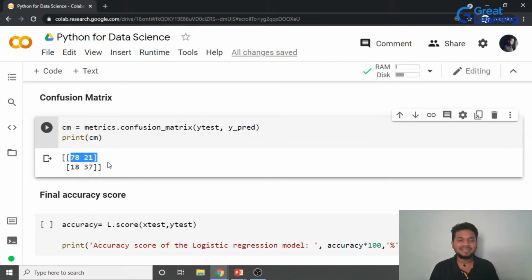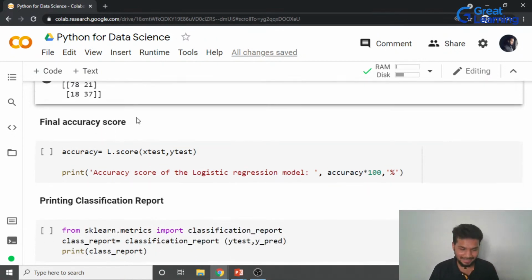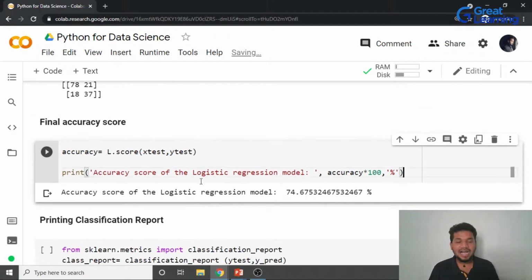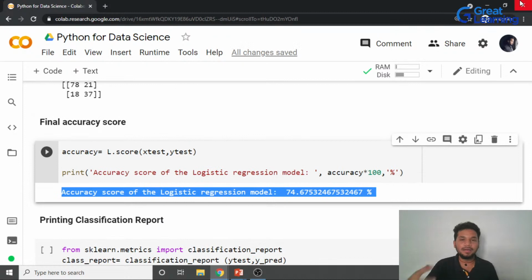So these are basically telling us how accurately the machine is able to predict the values versus what is the exact thing that is already present, right? It's not just playing a random guessing game. It is actually using data to analyze, right? Perfect. Now guys, if I go on to print the accuracy score,